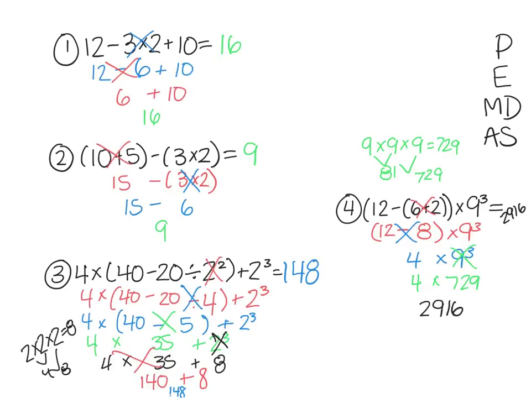All right, these are the 4 answers that you should have gotten. Number 1, the answer is 16. Number 2, the answer is 9. Number 3, the answer is 148. And then number 4, the answer is 2,916. So hopefully you went one step at a time, just like I did here, and then it led you